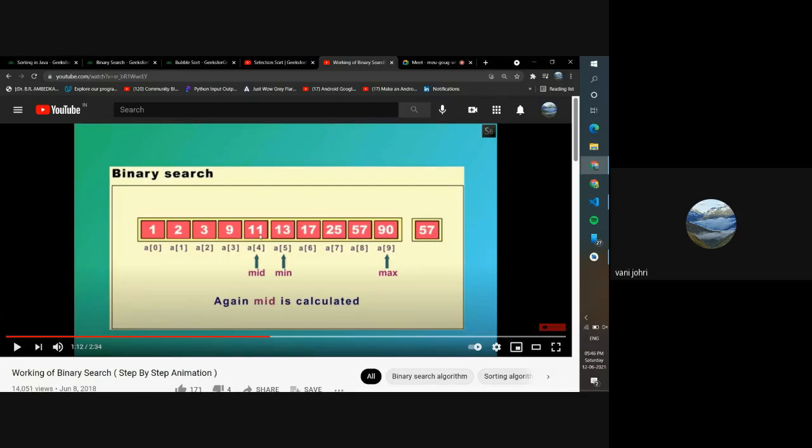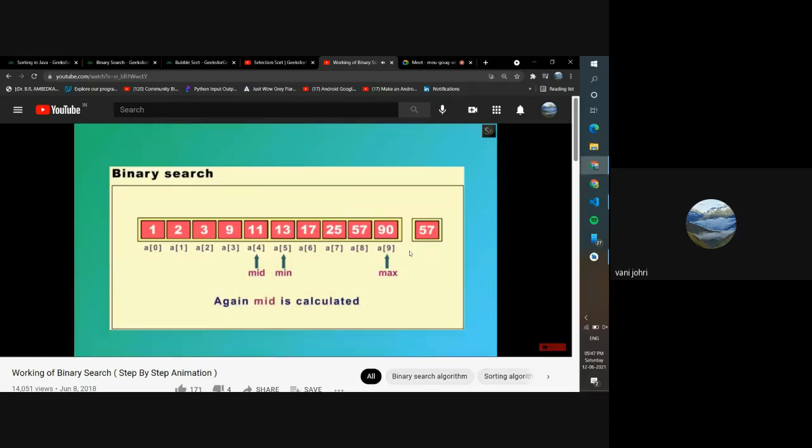Why? Because as 11 was smaller than 57, that means all the numbers over here are also smaller than 57. So they cannot ever be equal to 57. So now you don't want all of this part. You brought your minimum to 13 because now you only want to compare in this part. This is the only region where you can find 57. These all are smaller than 57. You cannot find 57 over there. Then you find the middle point again.